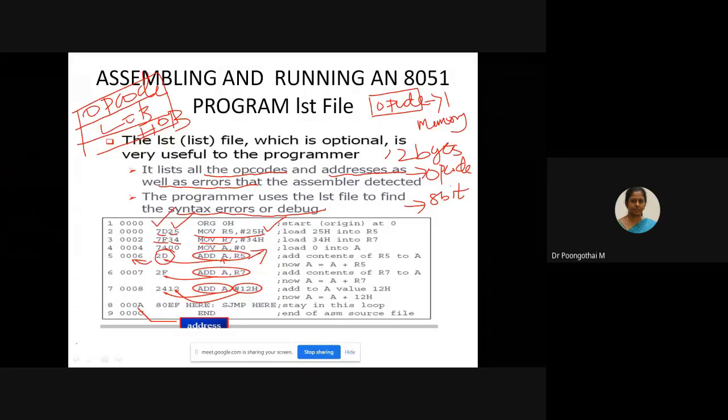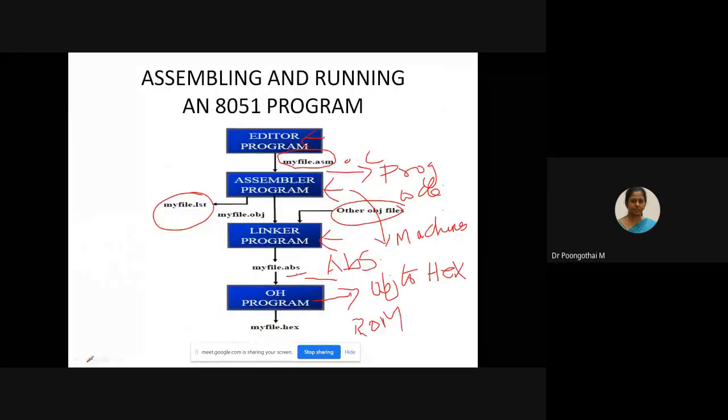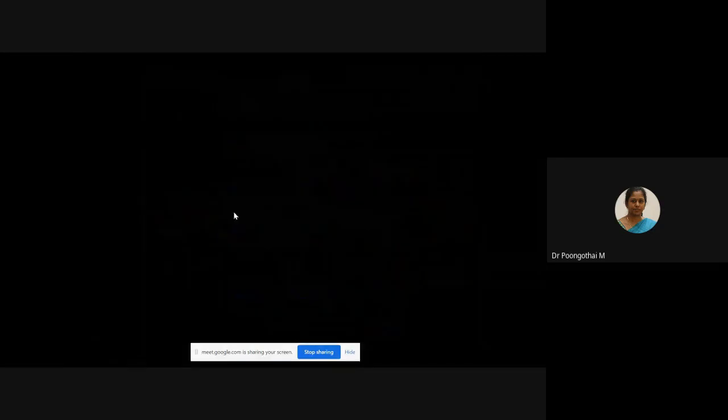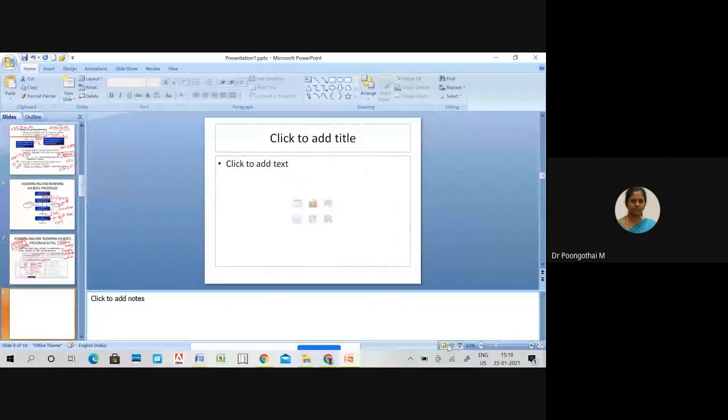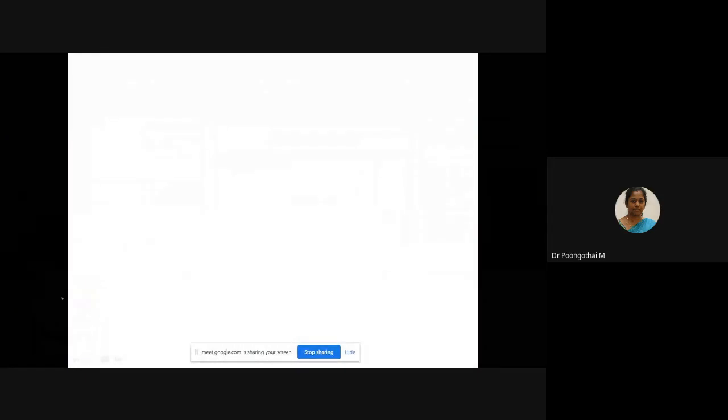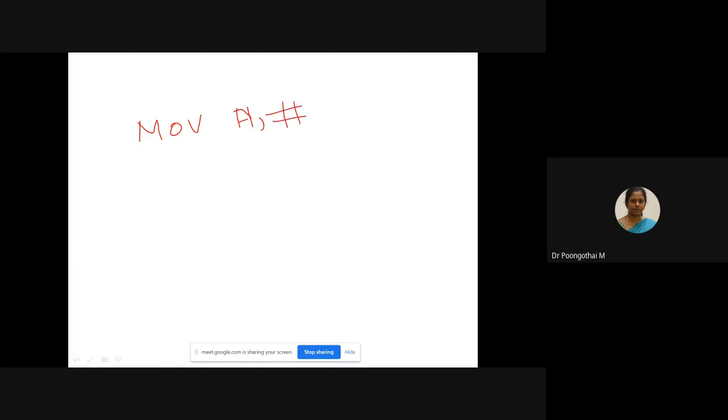Example, MOV DPTR, #4500. So the size of this instruction is 3 bytes.